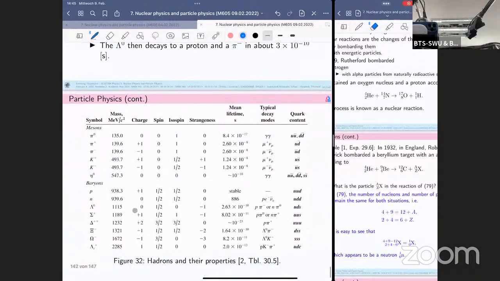And here is the summary table of hadrons. Of course, hadrons can be classified into mesons and baryons. Okay, the mass is the main thing to classify them, and also the charge. You could look at this. If you get more mass, it would mean that particle is a baryon, like proton, neutron, and the hyperons like lambda 0, sigma plus, and so on, right? The mass is large for the baryon. The mesons